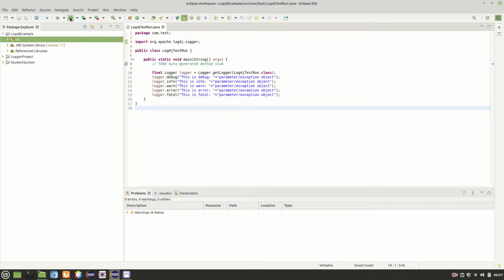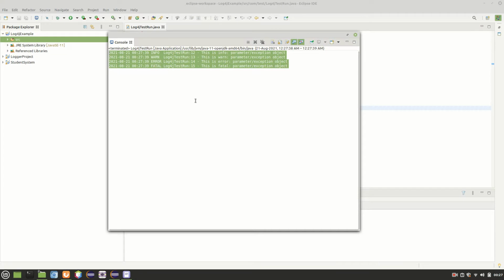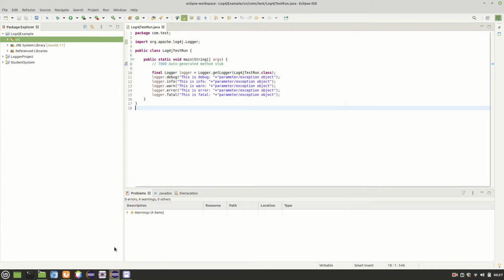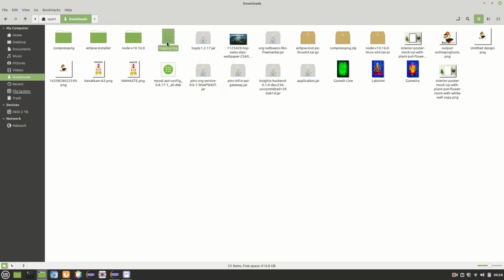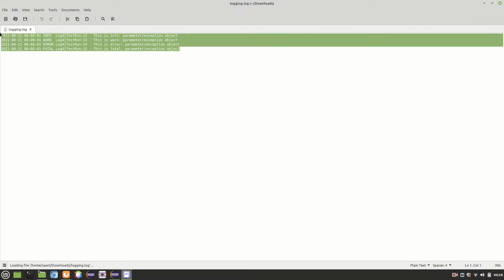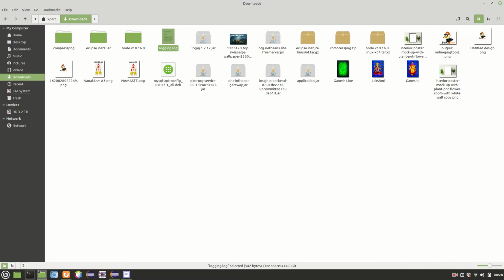I'll just run it from here, and as you can see, one error log has been generated. In my project I have one file called log4j.properties. In that file I have specified the output file for these error logs. If we go back to the downloads, it must be somewhere. Yeah, logging.log. So this is how it is logged here. There are many benefits of using this thing. You can Google the benefits, but since this approach is quite obsolete, I just don't want to go into the code. Okay, I'll go back to the code.